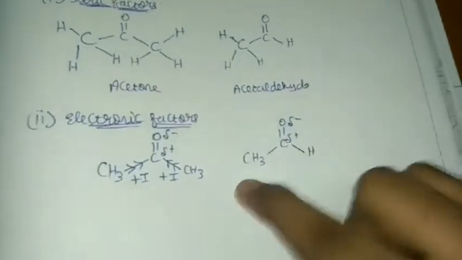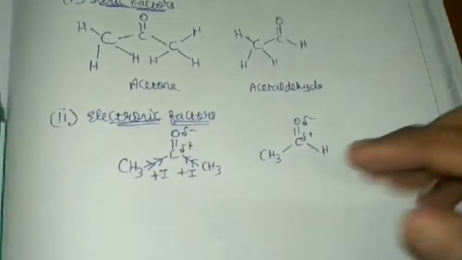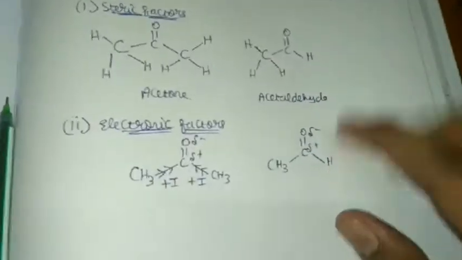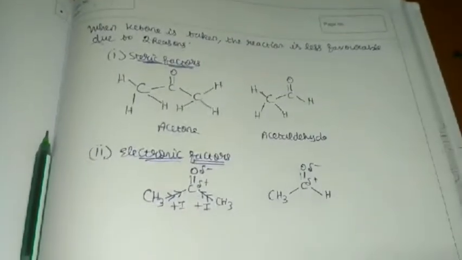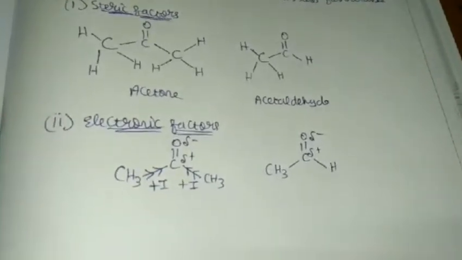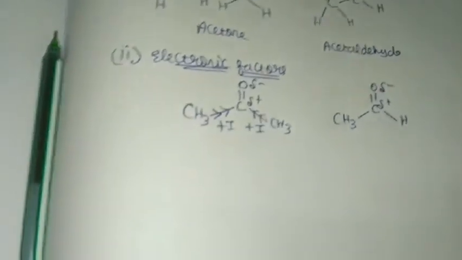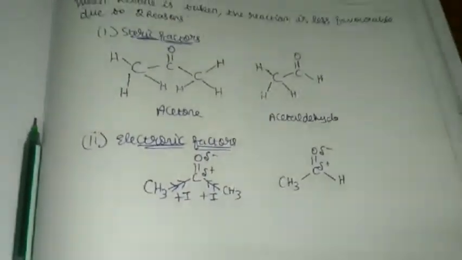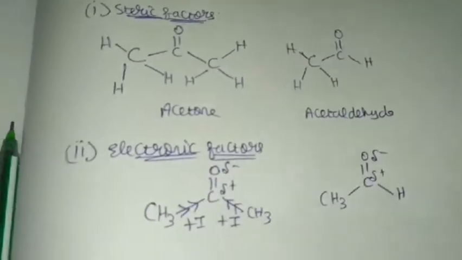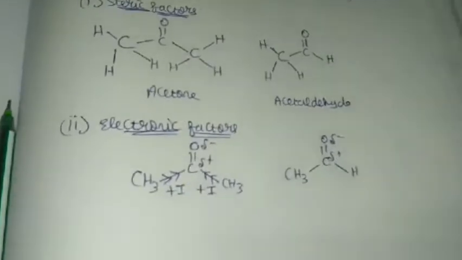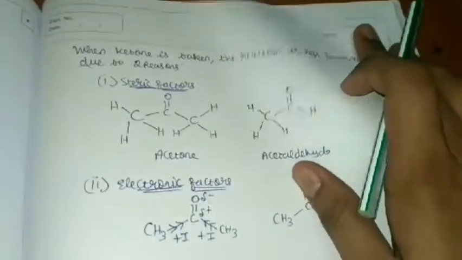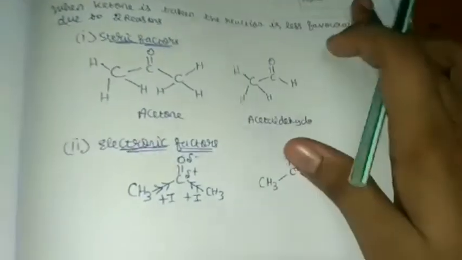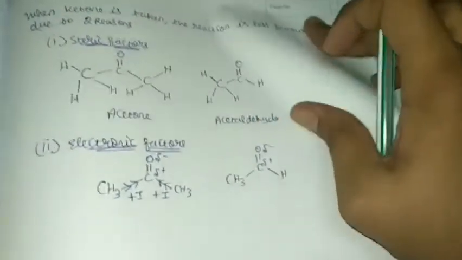But here only on one side the methyl group is operating the inductive effect, but on the other side is hydrogen. This is why we generally do not consider the ketones for the reaction, but there's one reaction known as the Claisen-Schmidt reaction, which we'll see in some time, where they consider ketone as the reactant. Now, in the previous question, remember this in mind. Keep this in mind. It will be useful further in this lecture only.